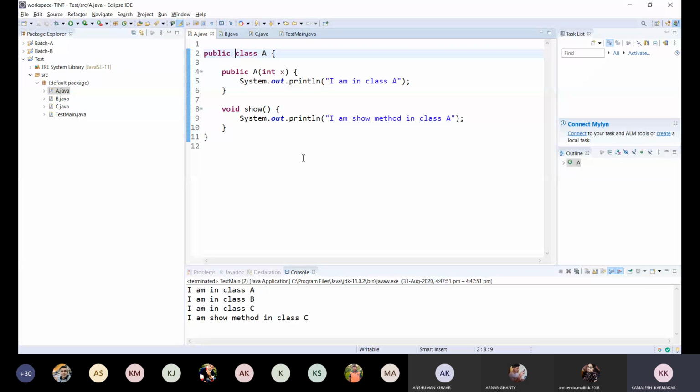Sometimes we need to define a class which cannot be inherited. Then the class needs to be final.